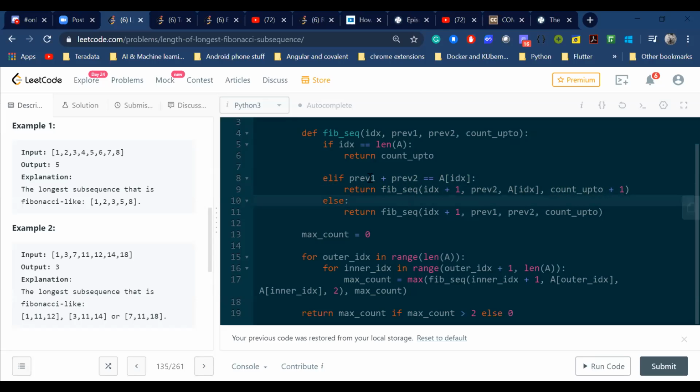If it doesn't work, then I will call the next index without incrementing the counter. That will return me the count, and I'm taking the max count of all those and returning that. This condition is because if the count is 2, meaning there are only 2 elements, that means we don't have a sequence, so I'm returning 0.